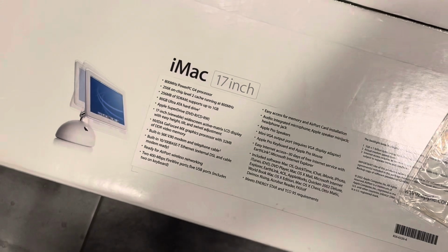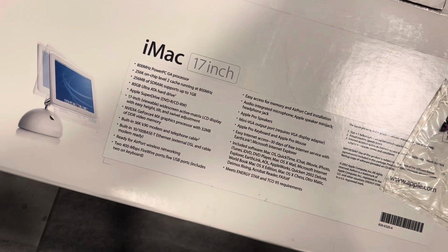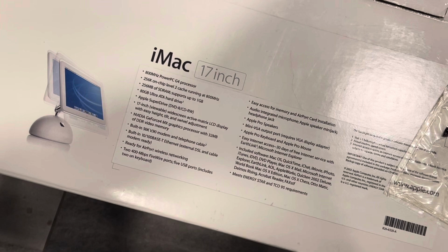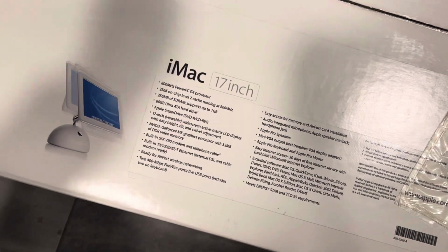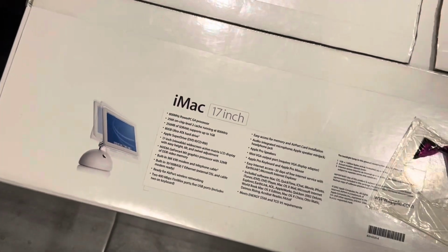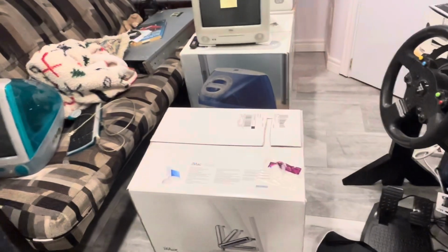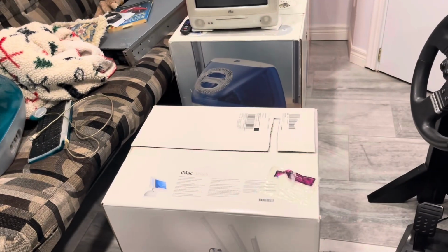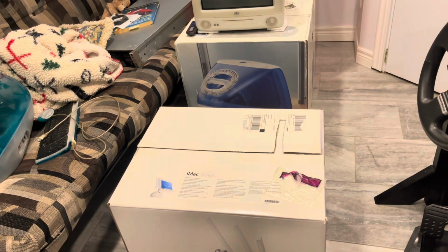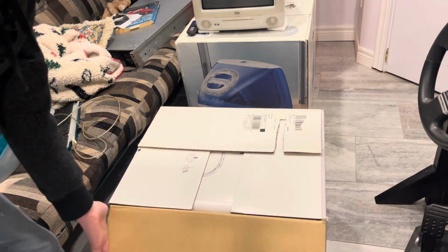So there you go. It's an 800 megahertz 17-inch, which is nice because it will support macOS 9, DVD drive, just the standard stuff. 32 megabytes video memory, so that's pretty good, since the quickest you could get an iMac G3 was 16, I want to say, and that was only on the 700 megahertz and maybe 600, I think. So yeah,